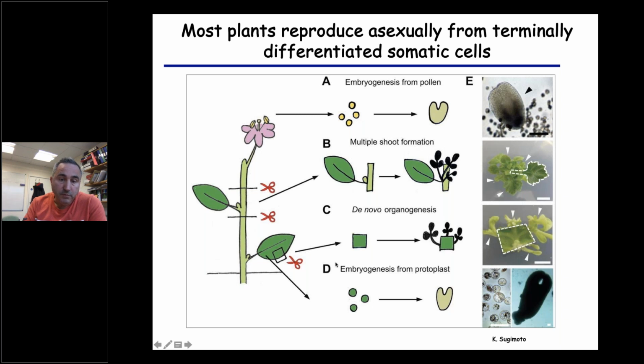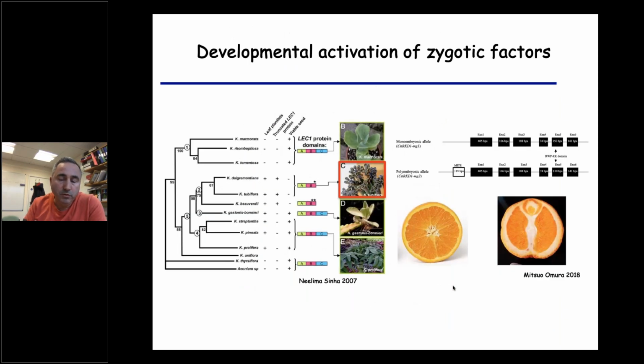And then there is another route to generate clonal plants asexually, and that is direct embryogenesis. This could be done in many different ways. This can be induced with hormones. It can be induced from explants, or it can be induced from individual cells, and it can lead to the formation of somatic embryos, and then ultimately plants. So those programs are usually activated through wounding,